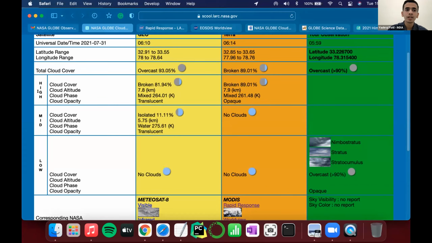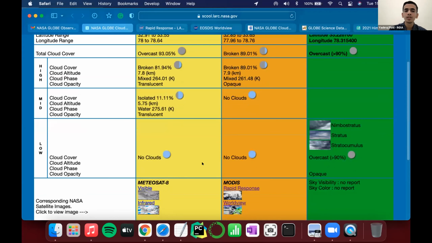You could see the high cloud cover is not visible from my side, but it was visible from space. The same for the mid. But the low cloud cover, which is actually the rain clouds, was not visible from space, but I actually submitted those data. So that made more accuracy and more analysis in a fruitful manner, that actually helped the Langley scientists also, and me also, to study that